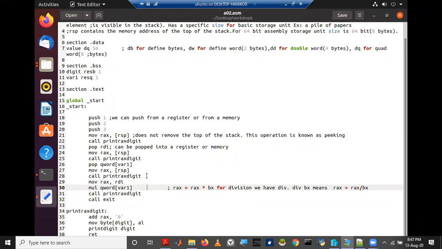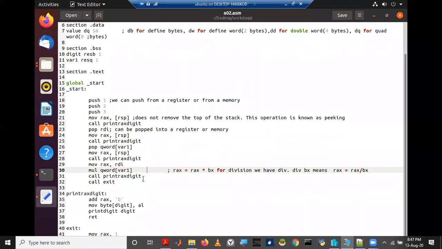And the most important use of the stack is floating point operations. We'll cover floating point operations and how the stack is used in them in the next workshop or meeting. So this is a basic demonstration about the stack.